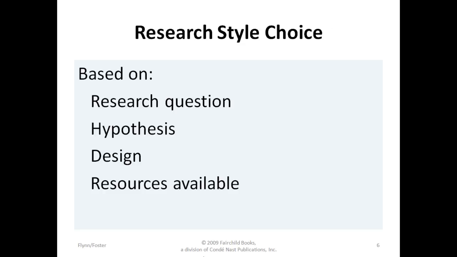Next is the research style choice. You base your research on a research question or hypothesis, the design, or the resources available. Because of our research questions and hypothesis, we know that we will be doing more of a quantitative style of research. We also know that we need to do something quick and easy, so we'll do a survey, which is our design, which is only done through quantitative studies. Resources available will be another reason that we'll do something fast, because we can use Qualtrics, which can be done through the internet and provide us a quick